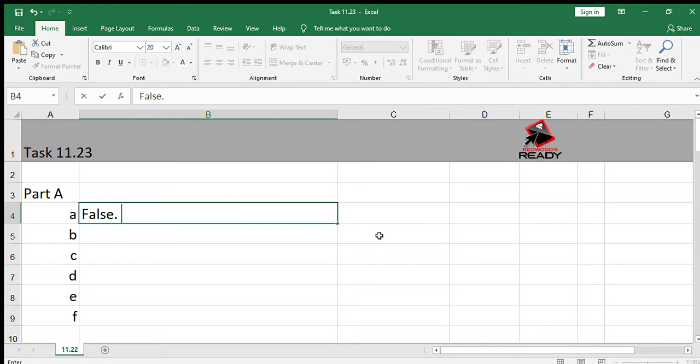Okay, and the reason it's false, although the question is not asking for reasons, I'm just going to give it to you so that you can understand it for other questions. The reason it's false is because interest and overdraft must always be shown separately. Right? So interest and overdraft